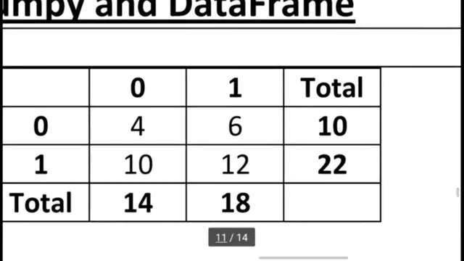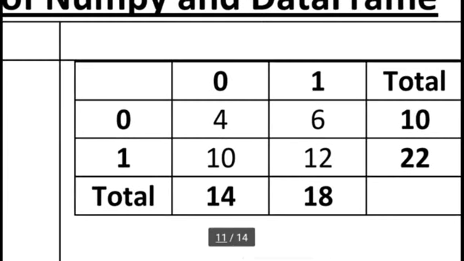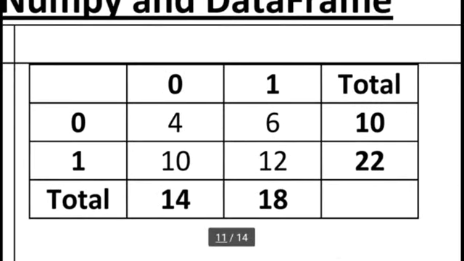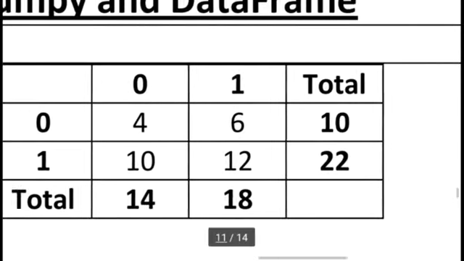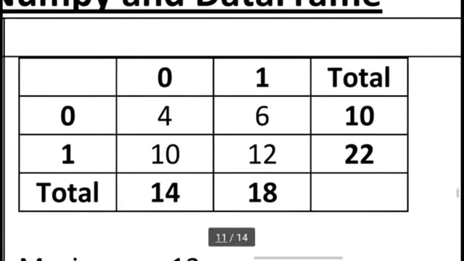This is compulsory. Here you can see in the 0th row the values 4 and 6, and in the 1st row the values 10 and 12. So we can sum vertically also. By default the sum is performed vertically, which is axis 0, but for a horizontal sum we always type axis 1. This is compulsory. 4 plus 6 and 10 plus 12 is horizontal, but vertical is axis 0 by default, so there is no need to type axis equal to 0. If we type it, don't worry.